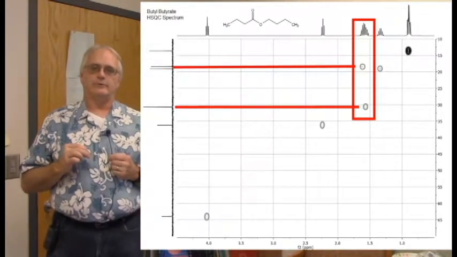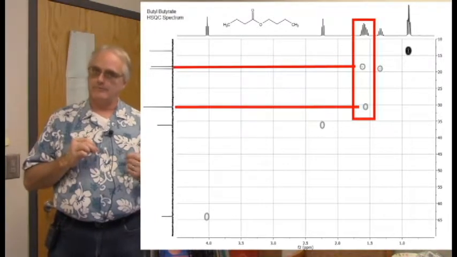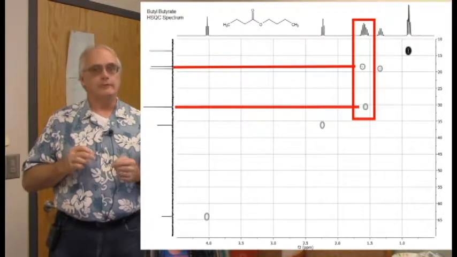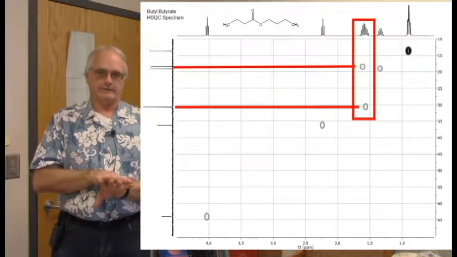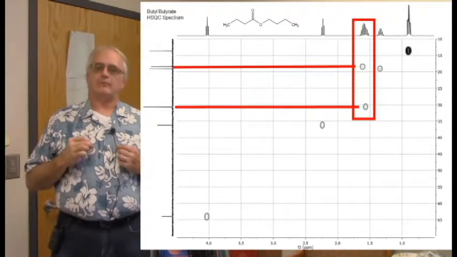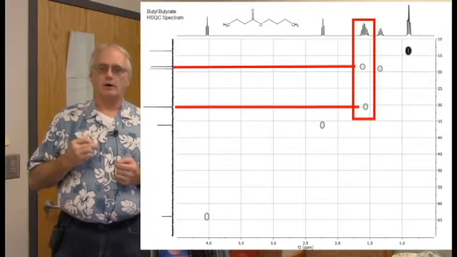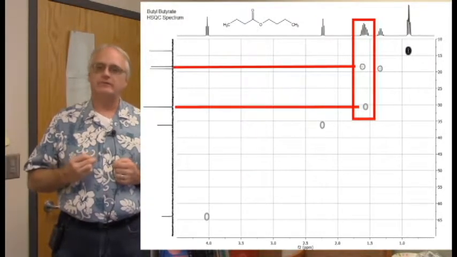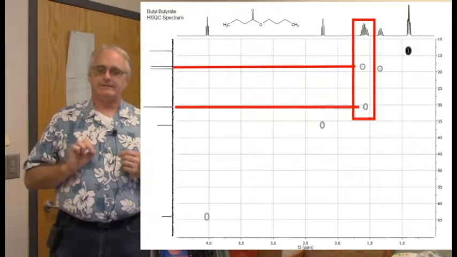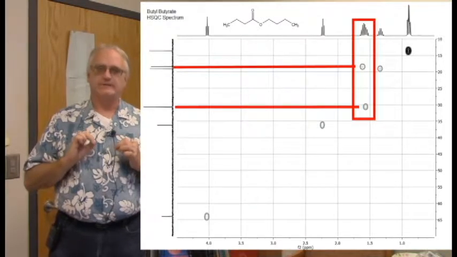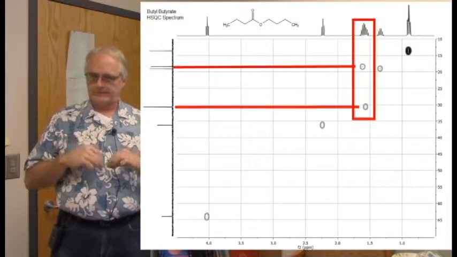And in fact, it's not that these two carbons look like they're so close together. The two carbons are over 10 ppm in the carbon spectrum apart from each other. But in the proton spectrum, they are virtually overlaid on top of each other. And so if you have a proton signal like we do here that has multiple carbons that correlate to that position, such as the two that correlate here, that is absolute convincing proof that this complicated signal that integrates to